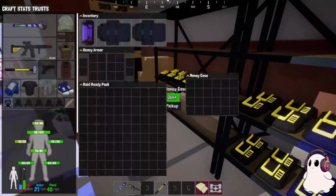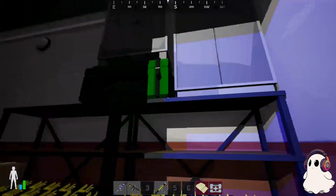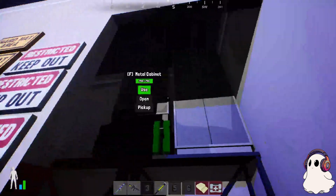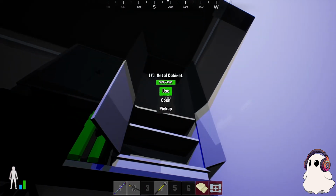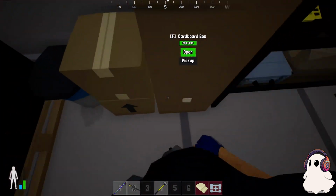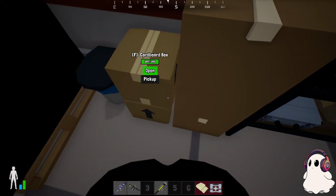I do like this here, and then the money case. I added this up here. I don't know why, but I was just like, I want to add these somewhere, and then it wasn't until after I did this that I put a couple out there, and I was like, screw it, these are gonna stay. So yeah, and then crate, a couple metal containers that we can, I don't know, figure out what we want to do with them. And then these boxes, at the very bottom, I got some batteries, trying to separate them out a little bit,